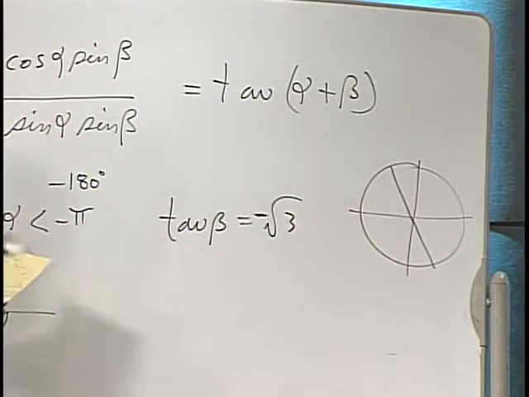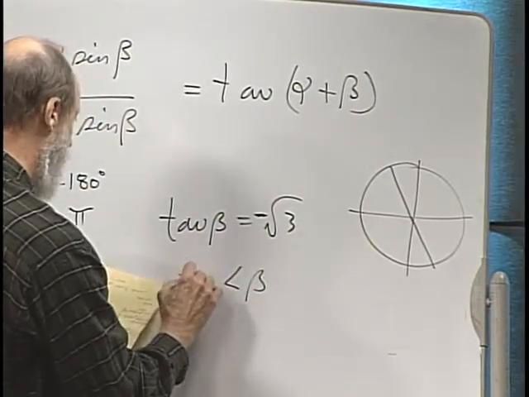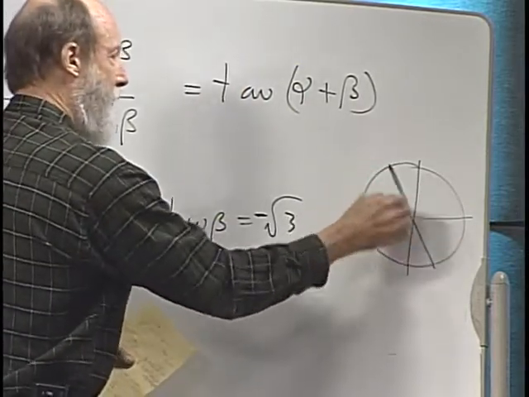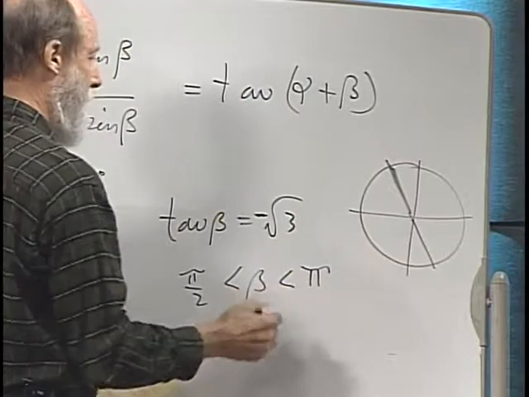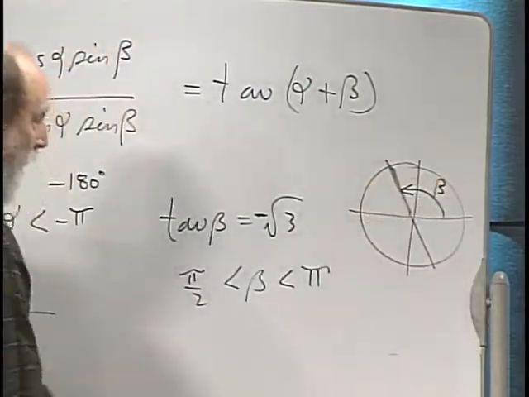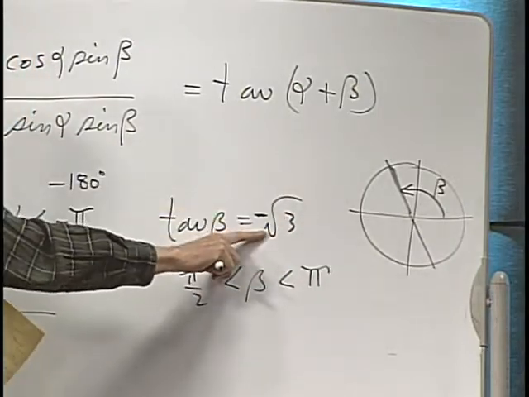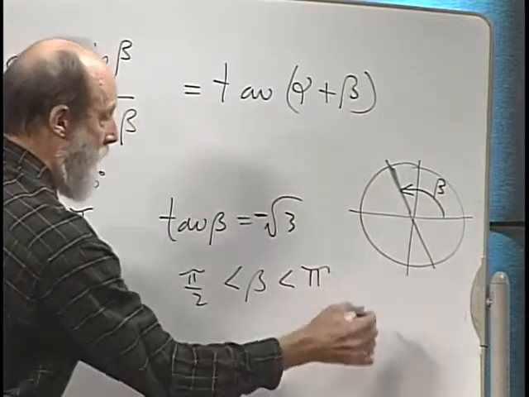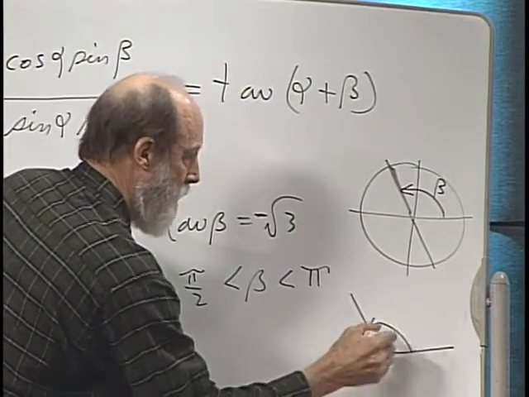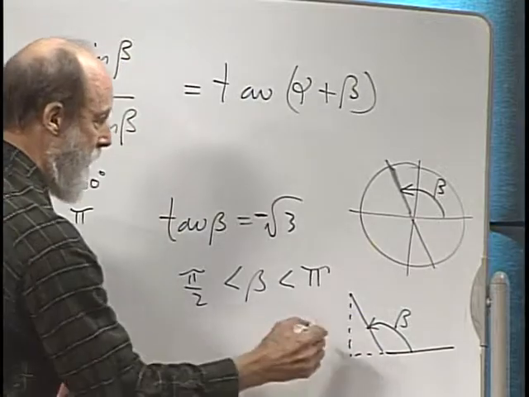All right, and they tell us that beta, this angle beta, is trapped between pi over 2 and pi. So here's the correct place for that angle beta to sit. And here's angle beta right there. So what I normally would draw is not my unit circle. I'm just using that to help you recall something here. But what I would end up drawing is I would draw the initial side, and I would draw myself an angle sitting up here in the second quadrant with a tangent reading of,